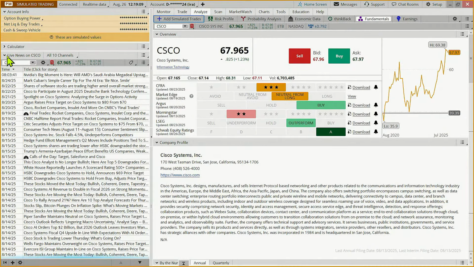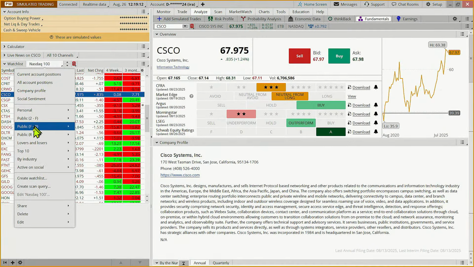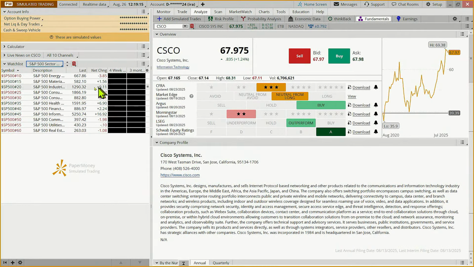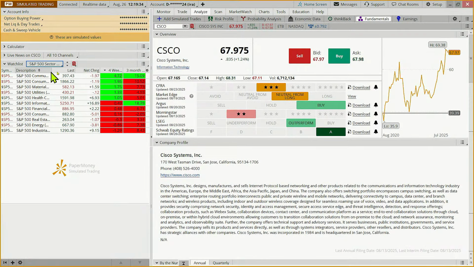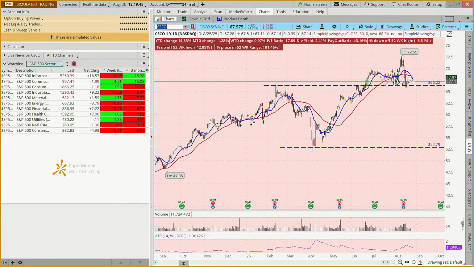The other thing that's interesting is that when we look at the sector indices and which ones have been strong in the last 4 weeks, we've got technology here in the middle of the pack. Communications, consumer discretionary, and materials are at the top. But over the last 3 months, technology is leading the pack as the strongest sector. So could we say this is kind of a continuation of this pattern?